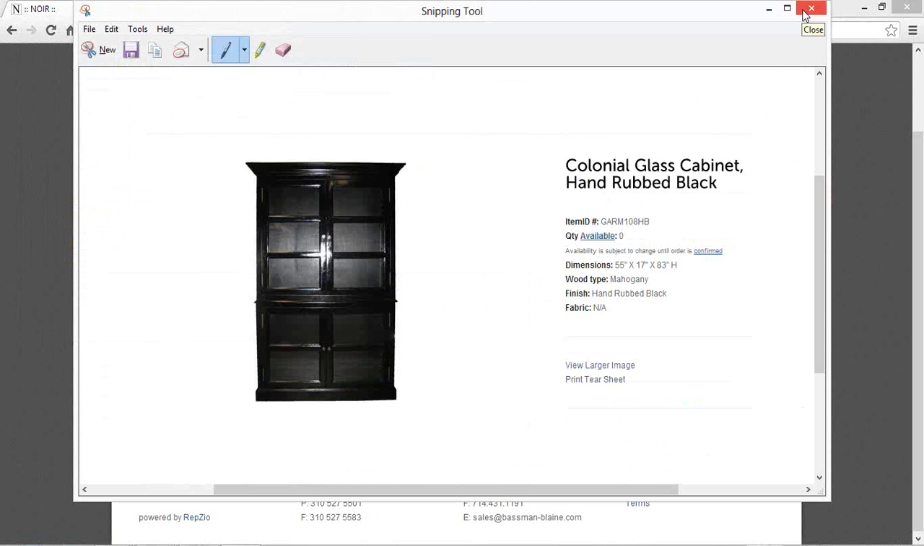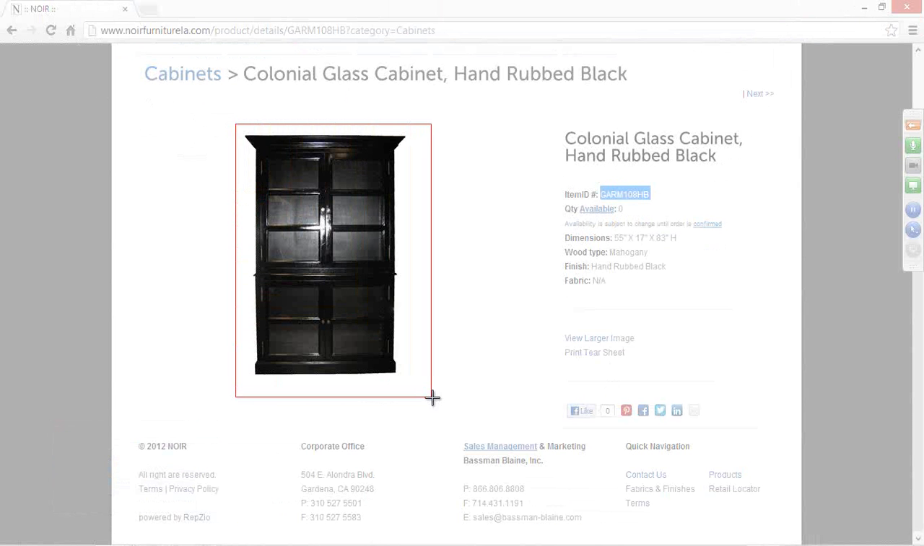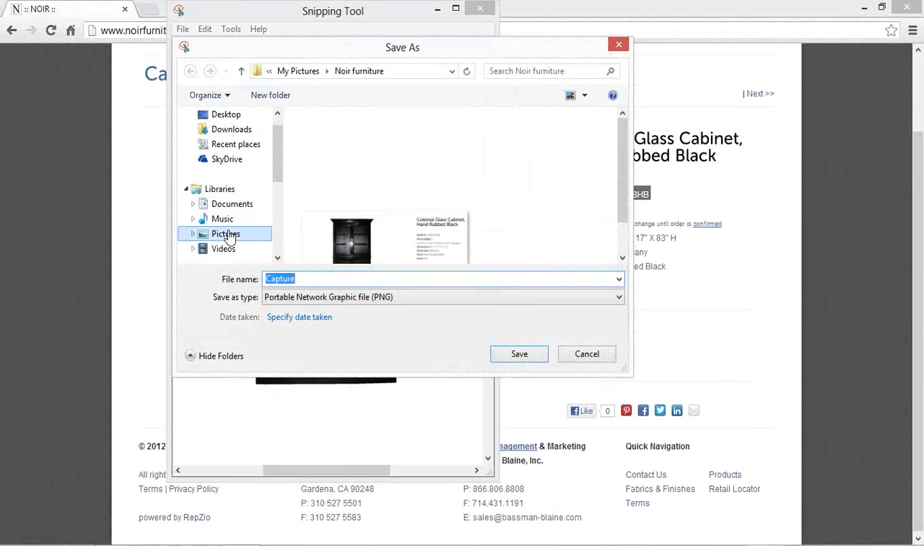Okay, once that's saved, I'm going to create a new snip. Now the next snip I'm going to do is just the actual furniture itself, okay? So there it is. I have it. I will do file, save as. I'll go back to my pictures. I'm in Noir Furniture, okay? And I will